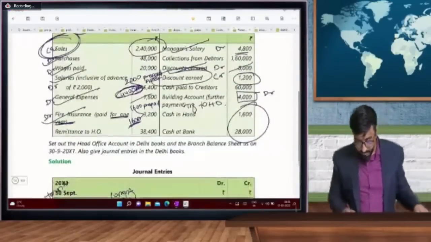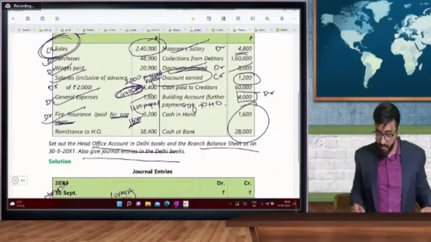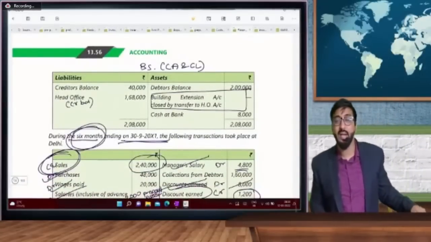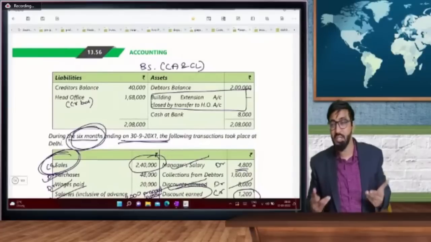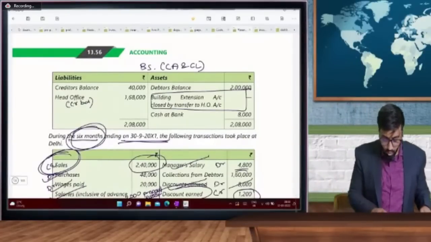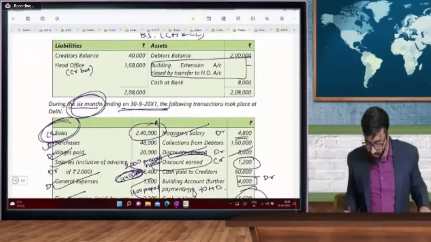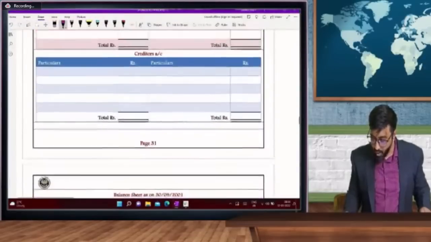बेटा all head office account in Delhi books and branch balance sheet. So beta set out all entries, and by looking into this balance sheet, you can easily identify that institute has not prepared profit and loss account. So simple, and these are repetitive questions that they are going to ask you. They won't prepare any new questions. Similar question will be asked by using different amounts. Okay. So don't worry. परमजीत कौर जी बिल्कुल डरना नहीं आपको, डटे रहना है एकदम, एकदम इजी क्वेश्चंस होते हैं। चलो, सो यू प्रिपेयर्ड ऑल दीज अकाउंट्स, सो लेट्स स्टार्ट।